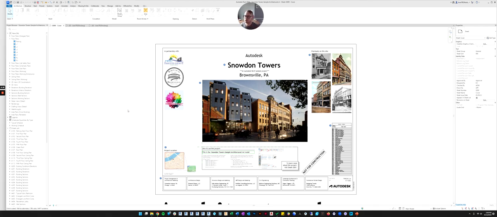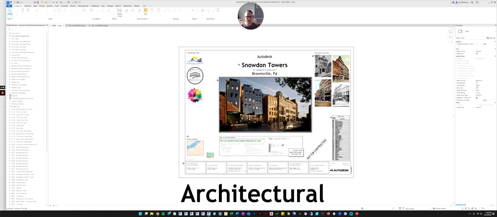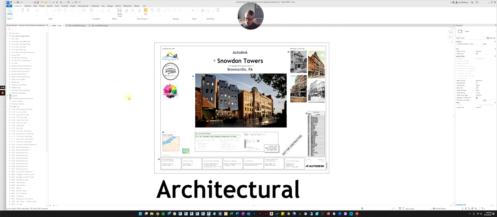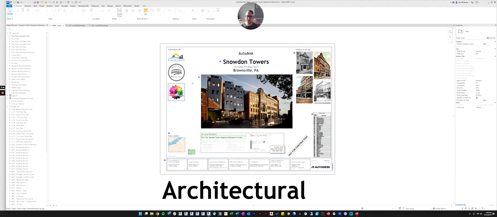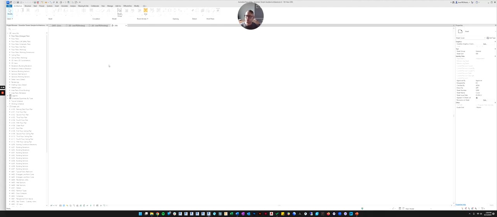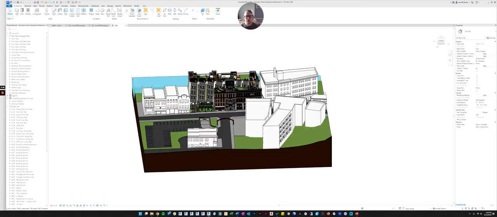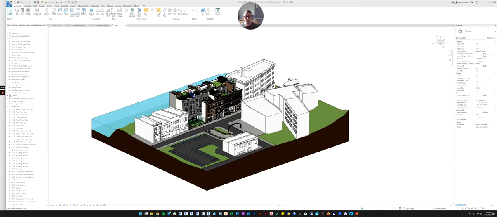So for now, you should be familiar with the browser, and you know roughly where to find views and where to find sheets. I just want to go over using the example project that comes with Revit. Let's look a little bit at what a view is doing, because a lot of people work with views, but they don't understand exactly what's happening.